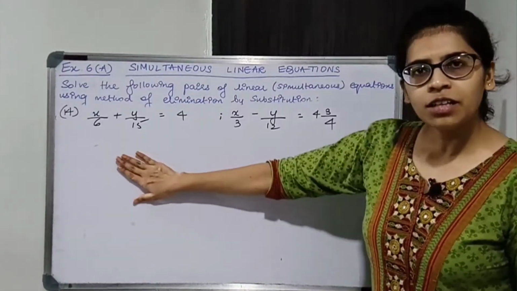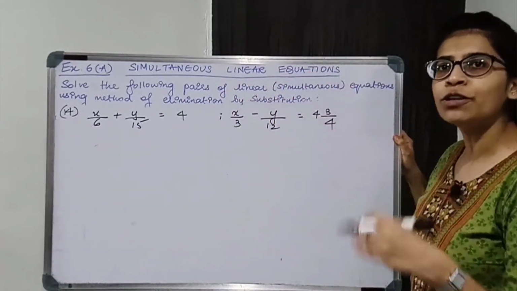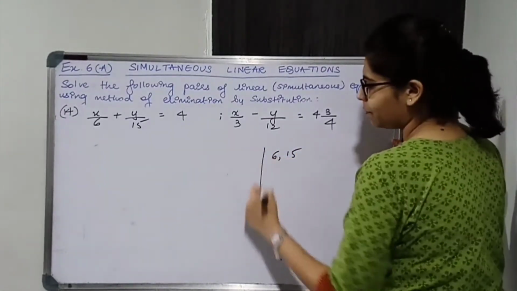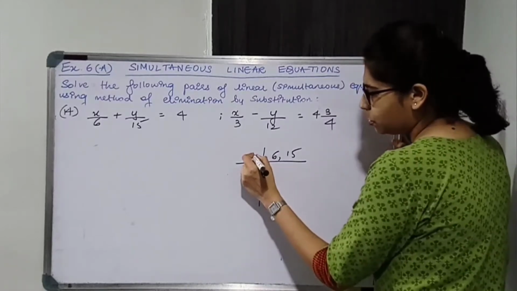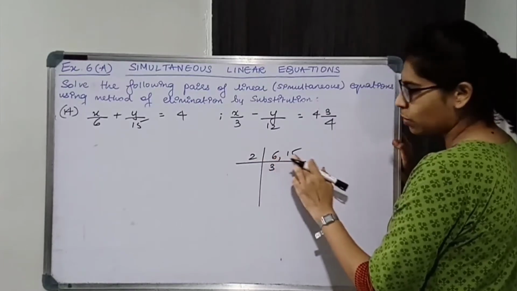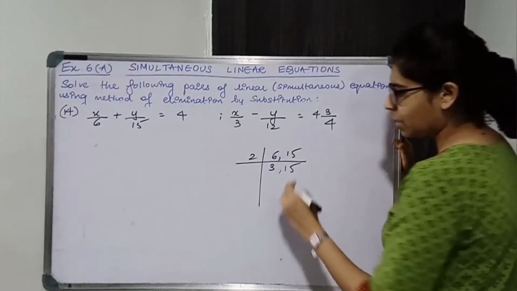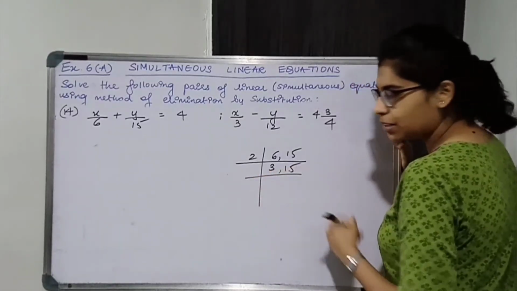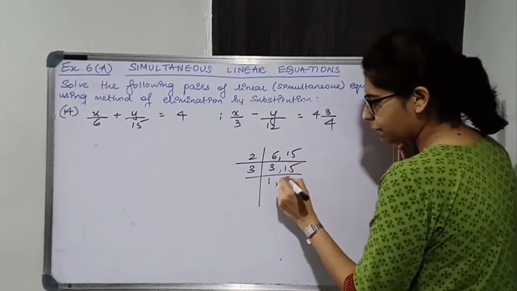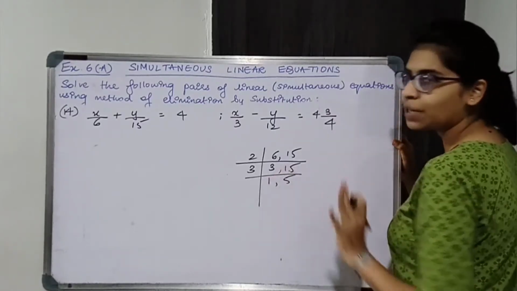So considering the first equation for now, over here 6 and 15 are in denominator. So we are going to take LCM. So 6 और 15 का LCM, 2 3s are, okay. I can divide this by 2, this I cannot divide, so keep this as it is. ठीक है. Now both are divisible by 3, let's divide by 3. 3 1s are and यहाँ पे 3 5s are 15. Okay. Now this one we got as 1, so this one will remain as it is.